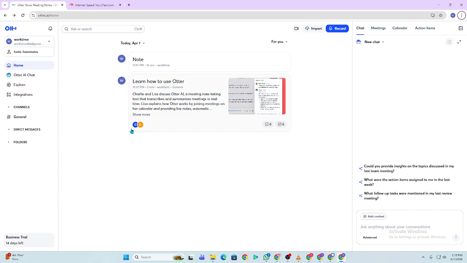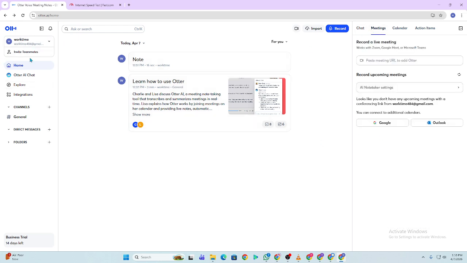Sometimes the problem is not on your side. Check if Otter.ai servers are down, and that's it. These steps should fix most loading